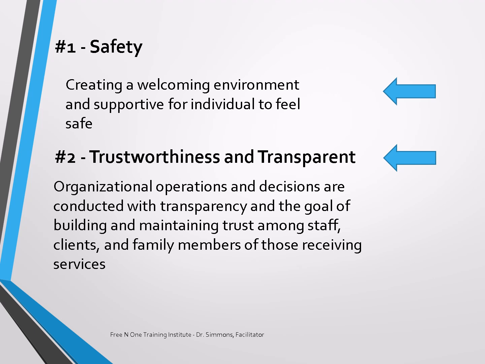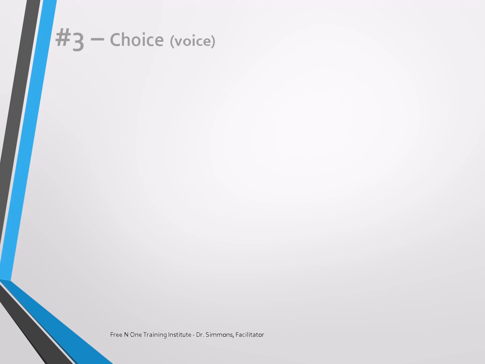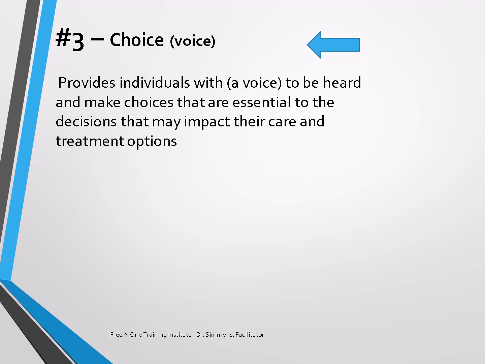You can say, well, our rule today is that we don't have candles in the rooms. We don't have candles on our property. And the reason why we don't have candles is explained, instead of just being so dogmatic with, we don't allow candles. No, that's not being trustworthy and transparent. Or let them know that if there's anything you could do to help them make that transition from wherever they came from to you, just be a little easy on them. Have empathy for their situation. Understand that it may have been something that they could not handle when it came upon them. Let them have a voice, a choice.